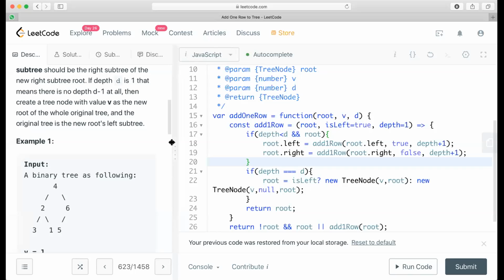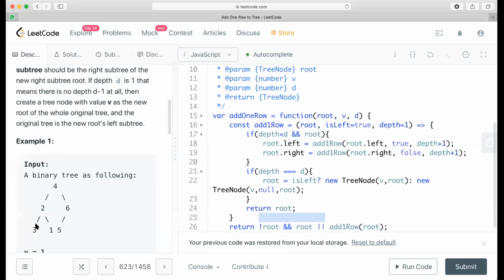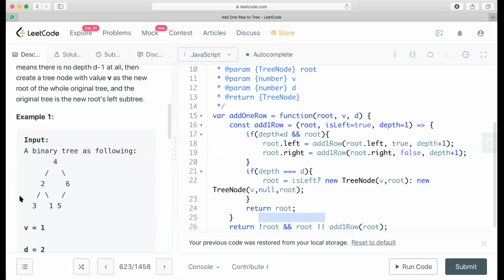Is the code clear? Yes. It's a new way to do it. This is just the recursive way of doing it. I'm just doing the recursion. So the way I'm thinking is, every time I'm going deeper, obviously the depth will go 1, 2, 3 until D. The interesting thing you probably noticed is, after I reach the level D, I'm not recursing anything. I'm just making use of all the subsequent leaves as they are.